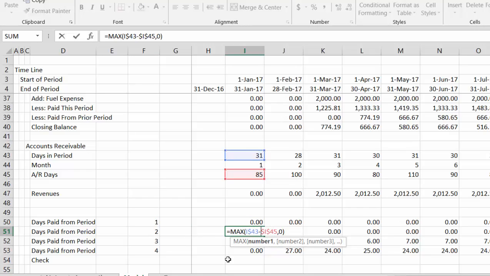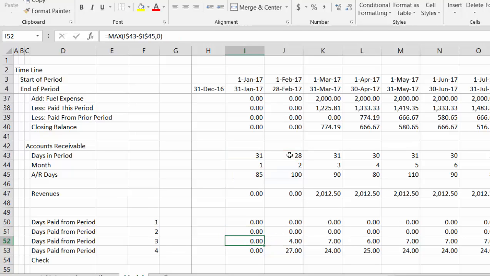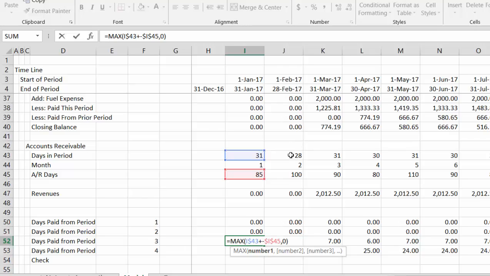Then we can see how many days we pay from the next period. So we just click on this and press F4 to get this. And then we say, how many days can we pay from the next period? And this is where we'll use the offset command. So we take this, whoops,